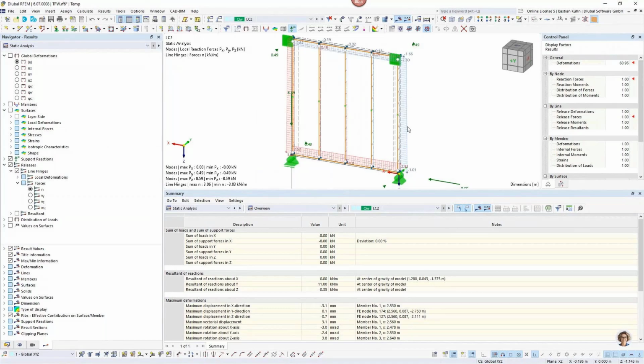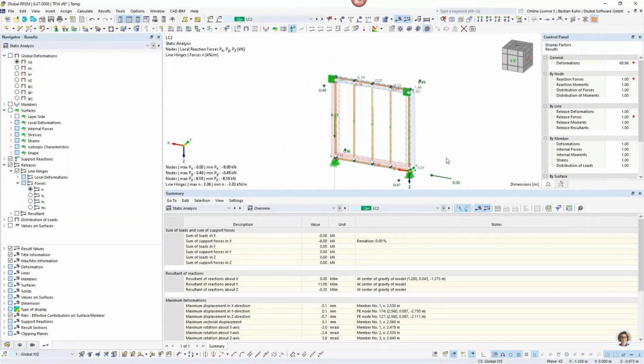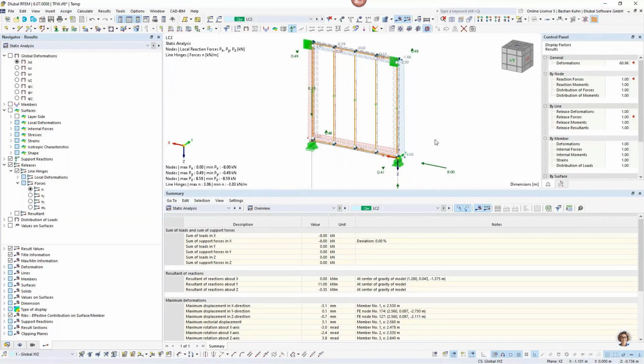This is what the software gives you, and we're also working on designing them. Of course, this will also be possible quite soon. Okay, this is the simple model. In case there are no questions unanswered,